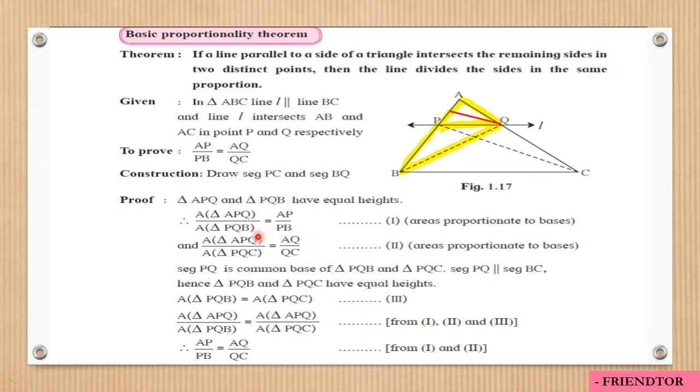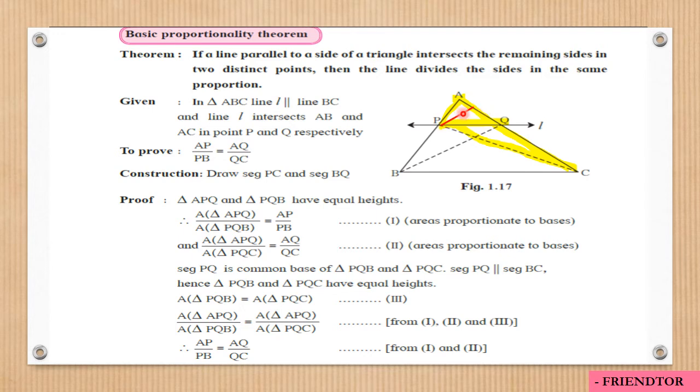Now similarly, next we will consider APQ and PQC. Okay, these two triangles. So let's highlight it. Okay, see, now we are talking about the right hand side part of the diagram. So in this we consider these two triangles APQ and PQC. Similar to the first case, here also both the triangles have a common vertex P and the corresponding bases are collinear. AQ and QC are collinear also. So again, if we draw a perpendicular from P towards AQ, then that will be the height of both the triangles. So both the triangles have equal heights. So let's draw that. This is that perpendicular.